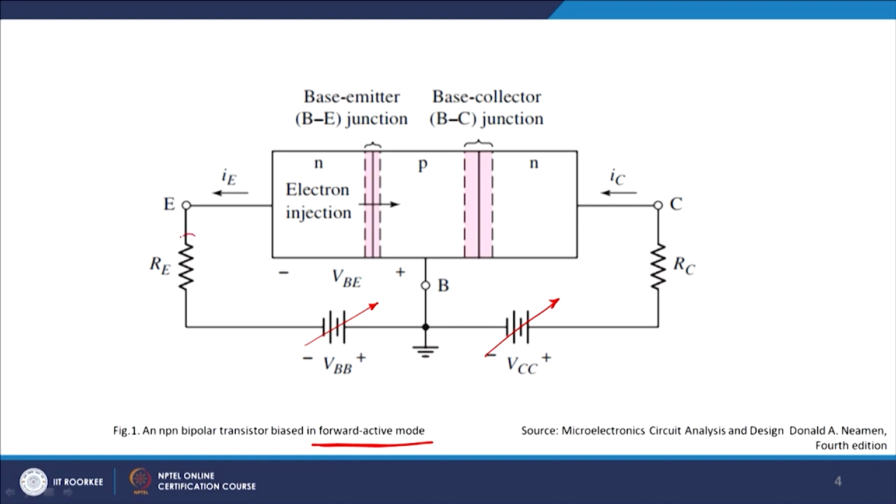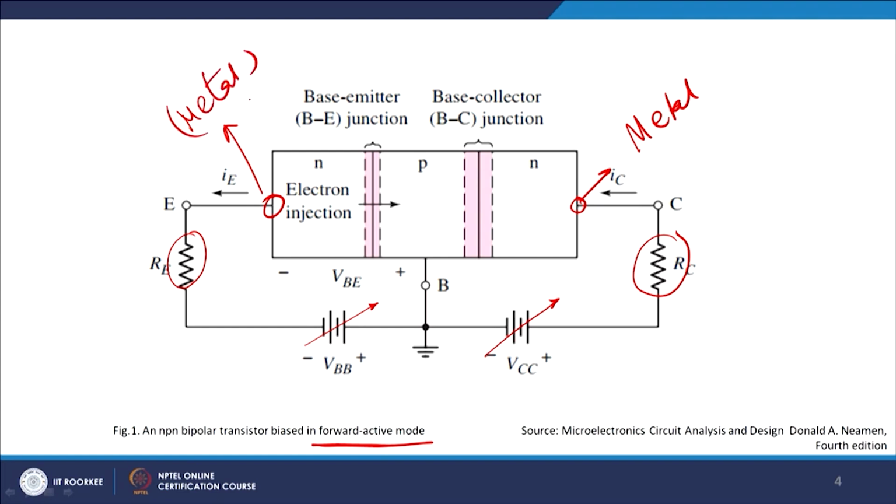This RE and RC are basically the resistances. This takes care of the Schottky resistance at the contact, because the contact on this side and this side will have metal contact, right? We had discussed this point earlier also. This will be metal, this will be metal also. So both are metal. So metal contact will have some resistances, plus the wire will have some resistances, plus any